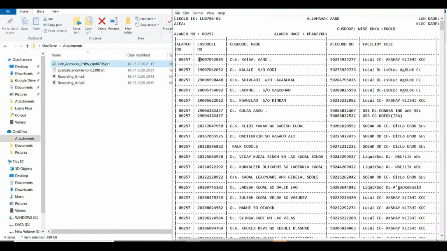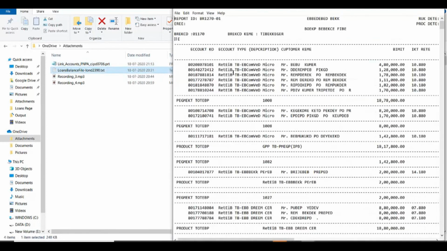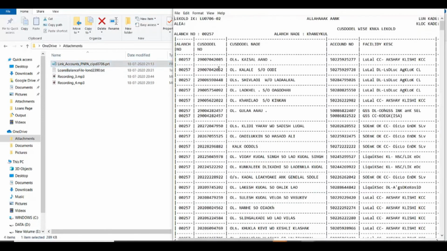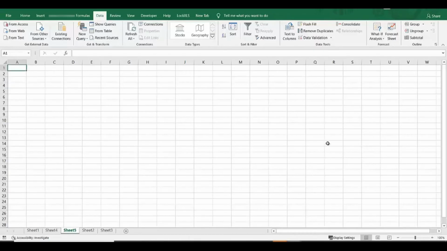Now we will learn what is delimited. This is the data which we have imported and was fixed width. And now we'll see the delimited data. You can see that there is a common symbol which separates each column. It can be a comma, full stop, or any other symbol. Next column is separated only by this symbol. So if we have this type of data, then we'll not use fixed width. We'll use delimited. First import the data into Excel. We are using the first method now.